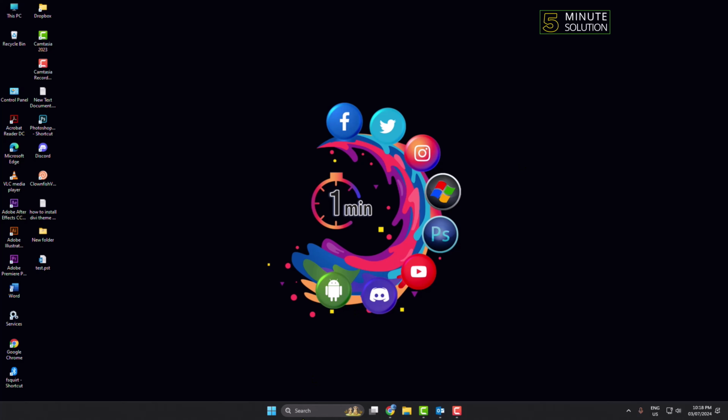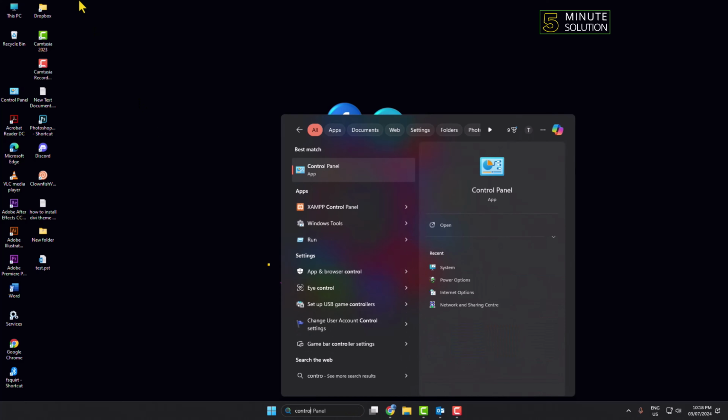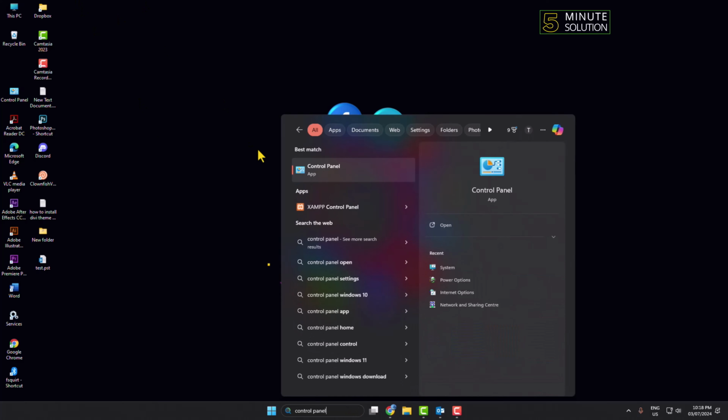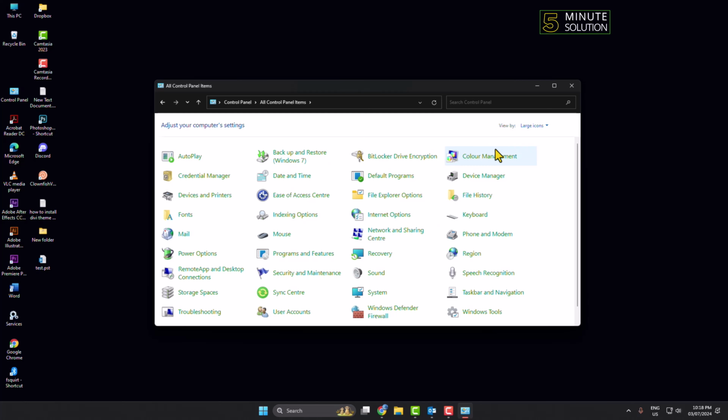First of all, on your computer search box, just type here Control Panel and open Control Panel. And view by, click on this drop down and select large icons, and here click on mail,